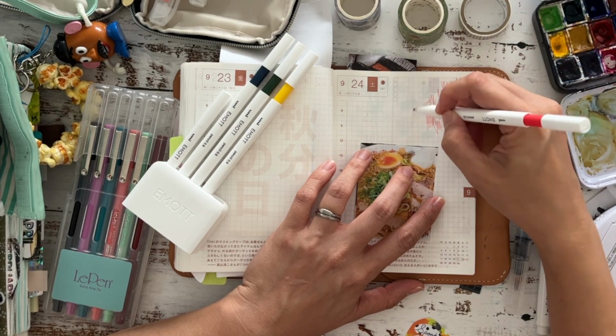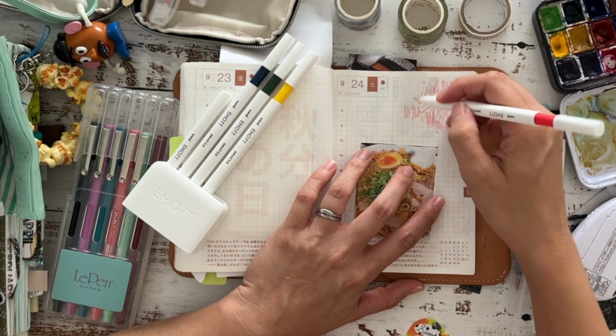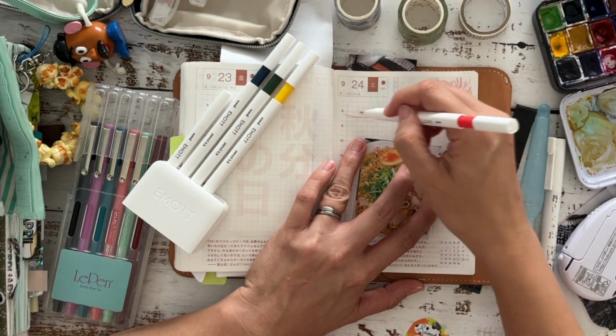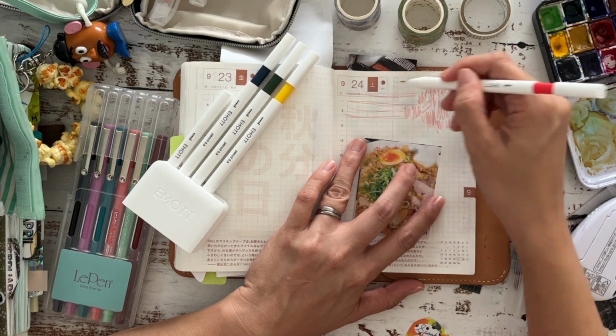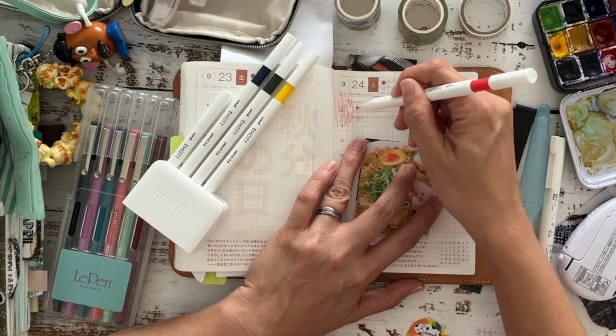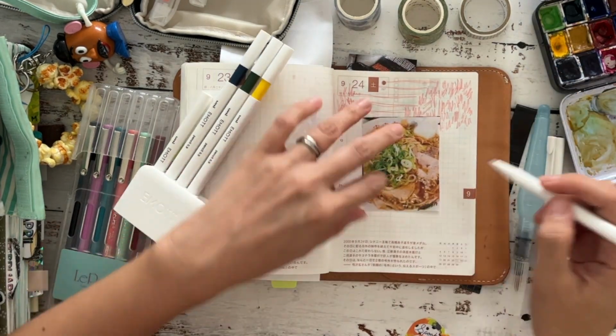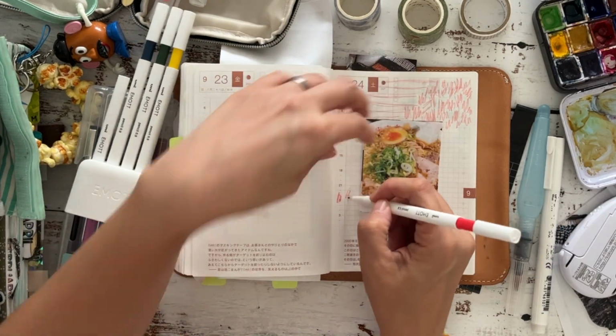For the background, I'm just using the Emot pencil crayons. They're like mechanical pencil style, and this set was also part of the May stationery box. I actually stopped this video and checked. Unfortunately, we don't have the May box in stock anymore,